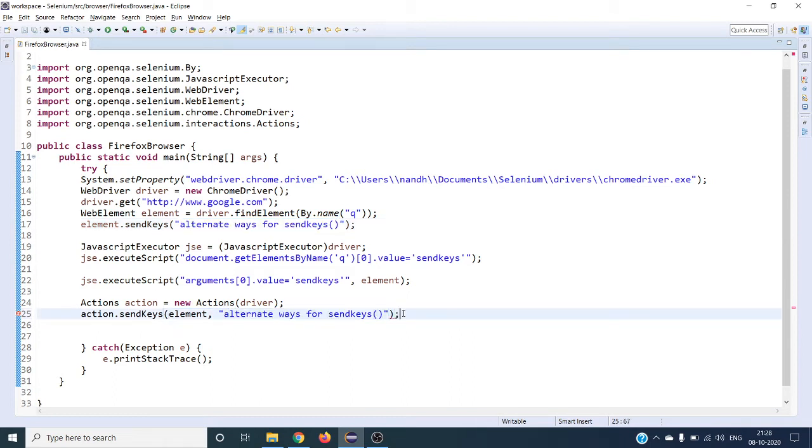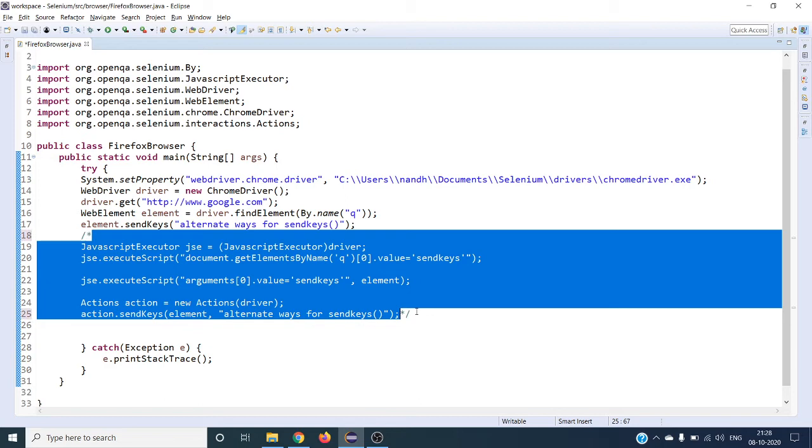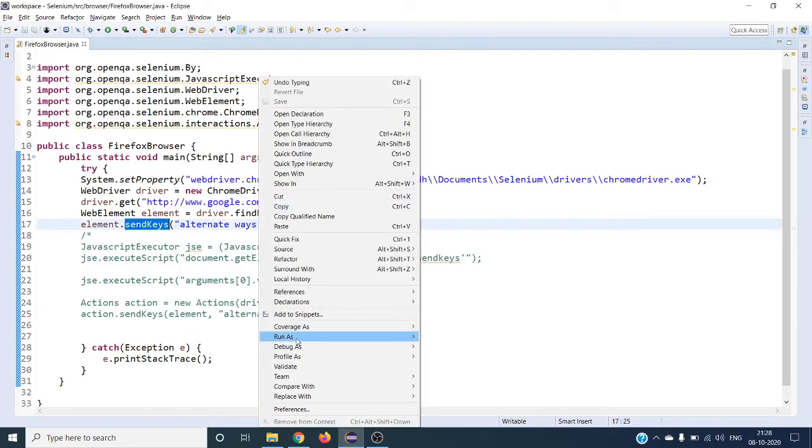So this is the third way, right? Let's see one by one all these three, then we'll go for the robot class. The robot class is a bit hard, so first three things we will see. Let me comment this. One by one we will execute it. So send keys, this has to